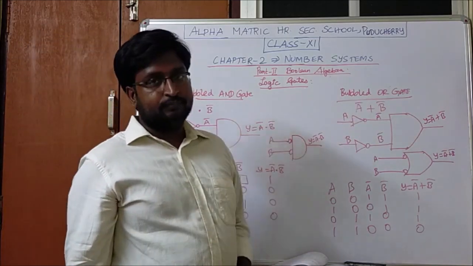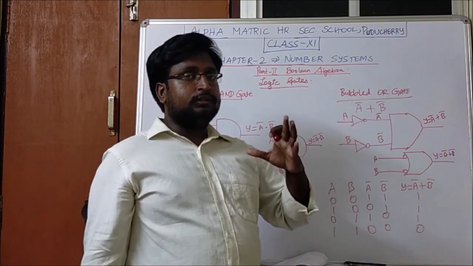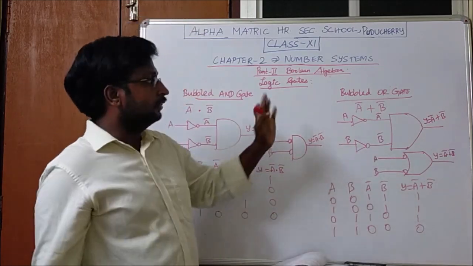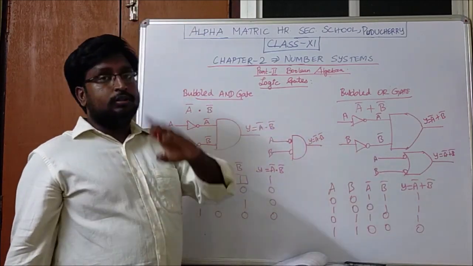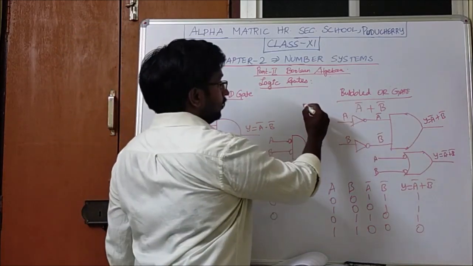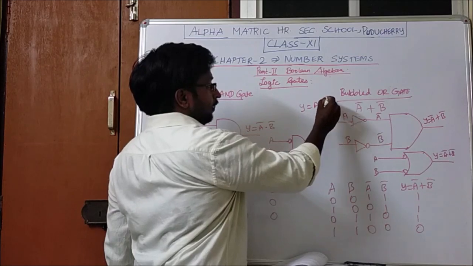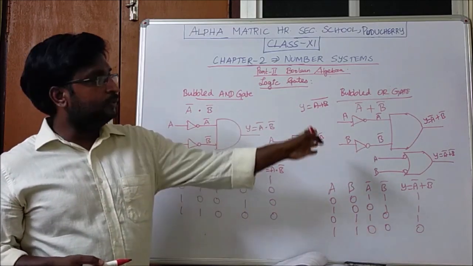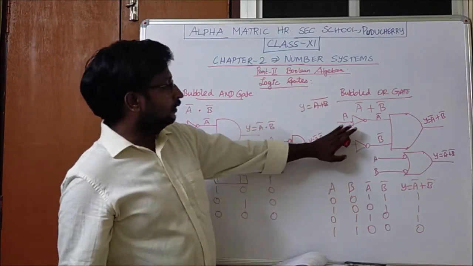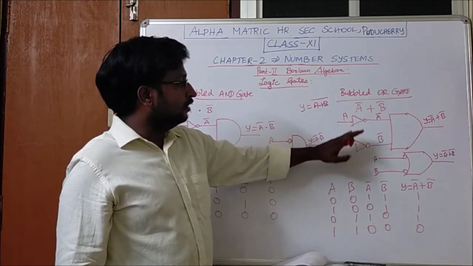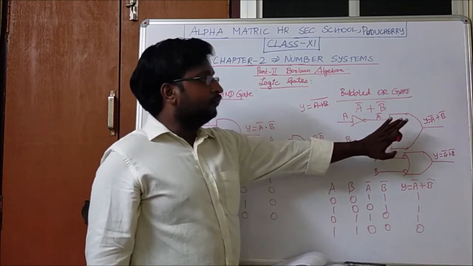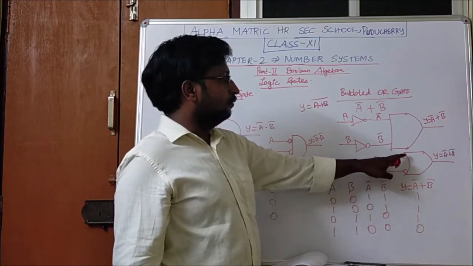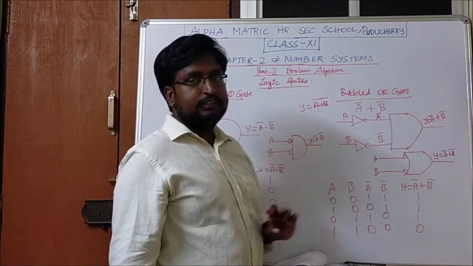Next is the bubbled OR gate. So hope you got some clear idea of what the bubbled OR gate is. Similar to the bubbled AND gate, the bubbled OR gate is compared to the NOR gate. In the NOR gate, you first add and then do the inverse. Whereas here, after finding the inverse, you add the result. So this is the logical circuit: you use a NOT gate before proceeding for addition, and after that you add. This is the logical symbol. You use a bubble before the OR gate, and the result will be added.